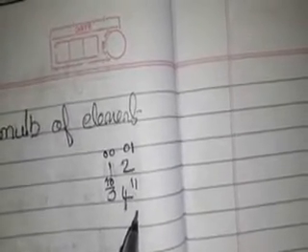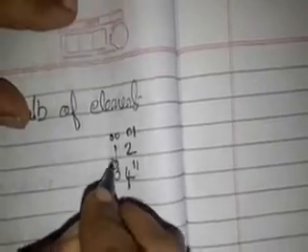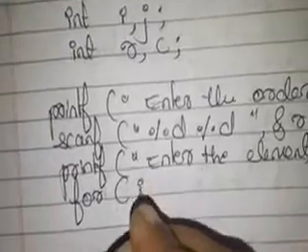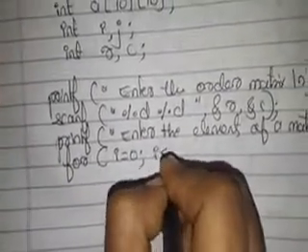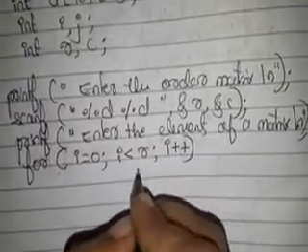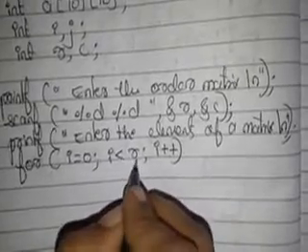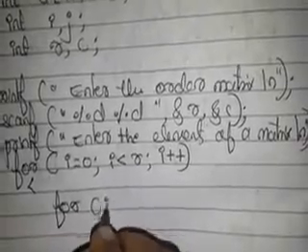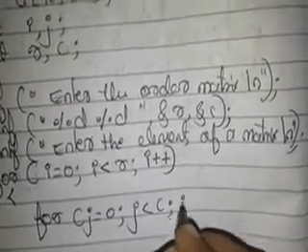Already we have seen that as there are a number of rows and columns, for every row all the column elements have to be read. For every row all the column elements, in the sense definitely I should go for nested loops. That's why here I will take a nested for loop, for i equal to 0, i less than r, i plus plus. Why have I taken i less than r? In the sense for the number of rows, elements have to be read. Now for every row all column elements, that's why I will take j equal to 0, j less than c, j plus plus.